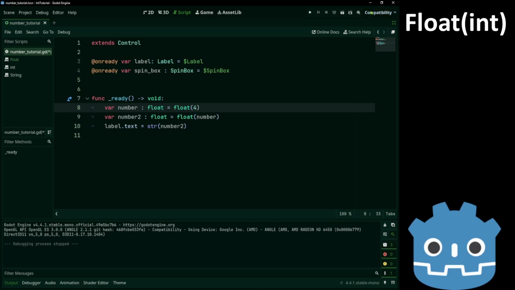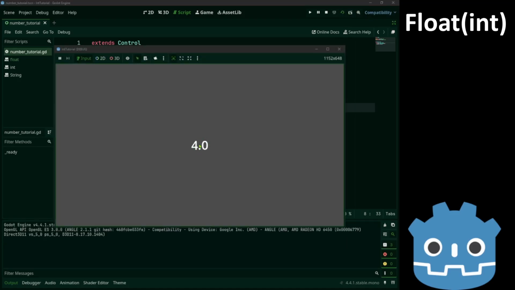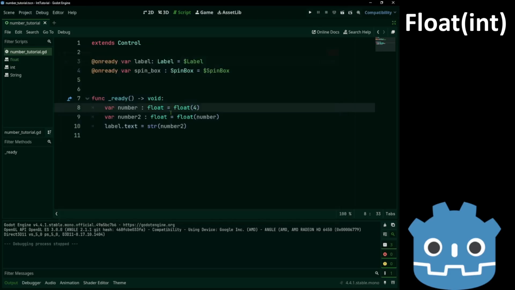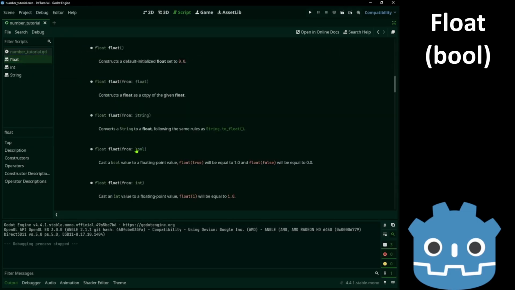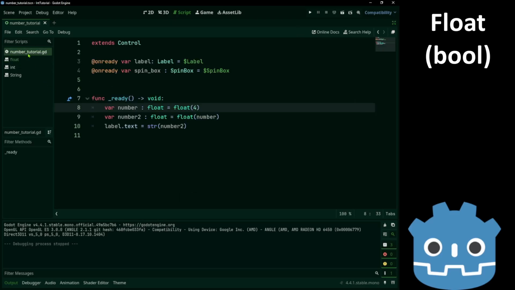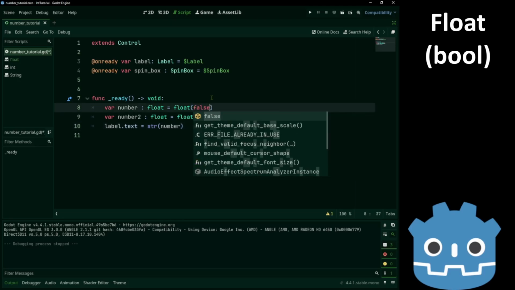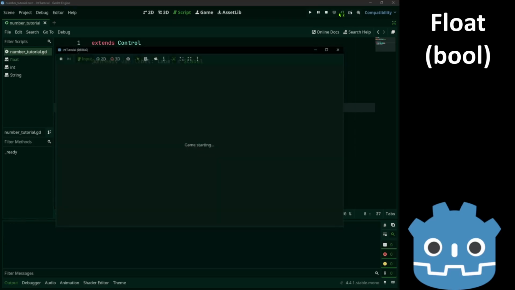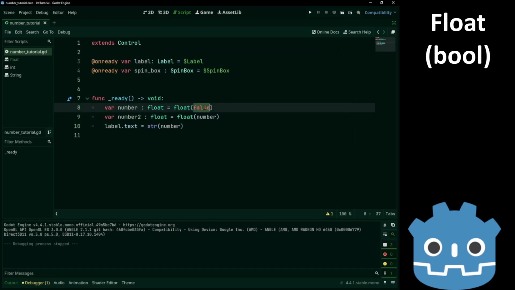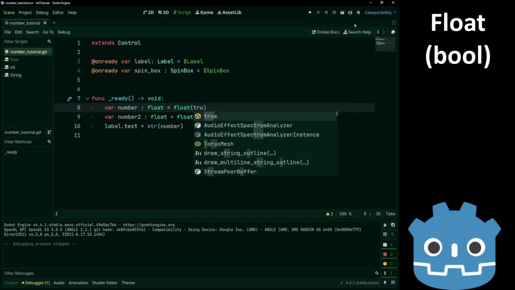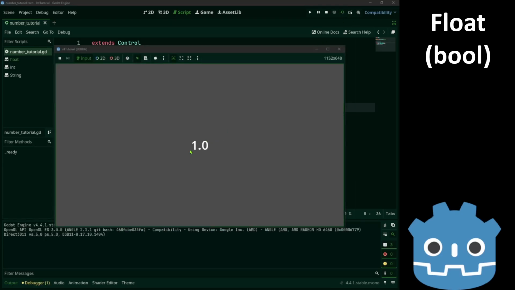That will become 4.0. Next up is Boolean. Let's use false first. 0.0. And true. 1.0.